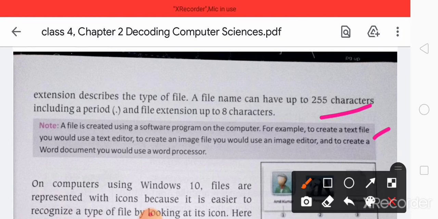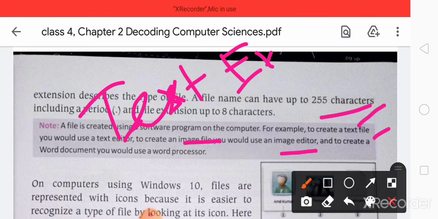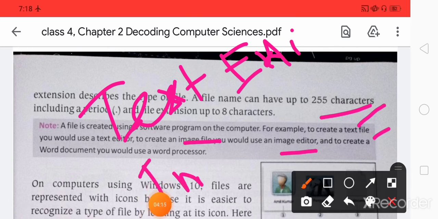To create an image file, you would use an image editor. So for a text file you have to use a text editor, and for an image file you have to use an image editor.